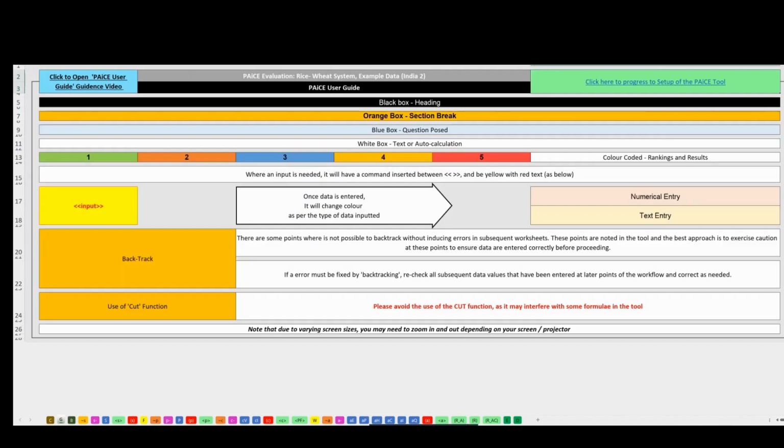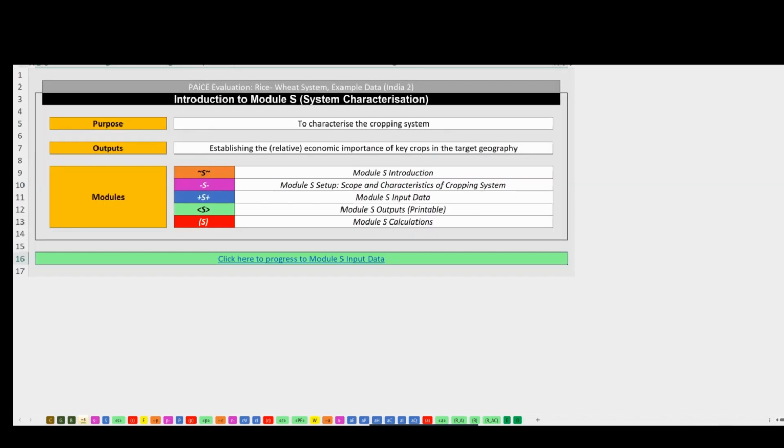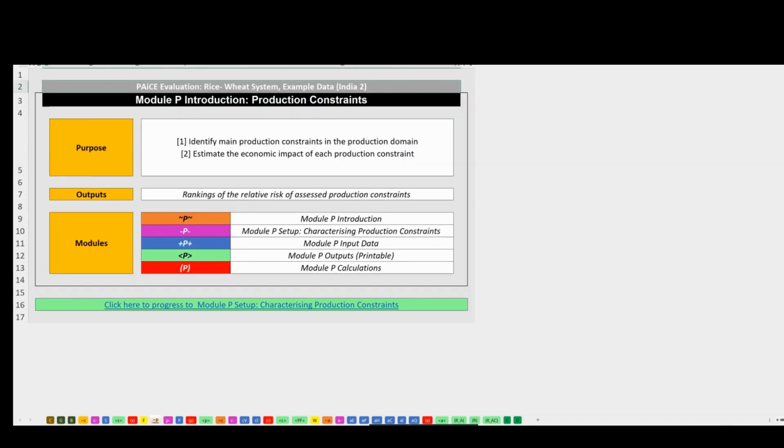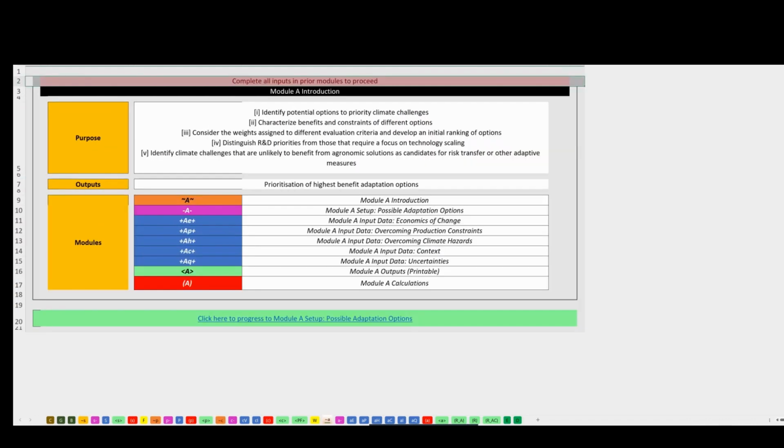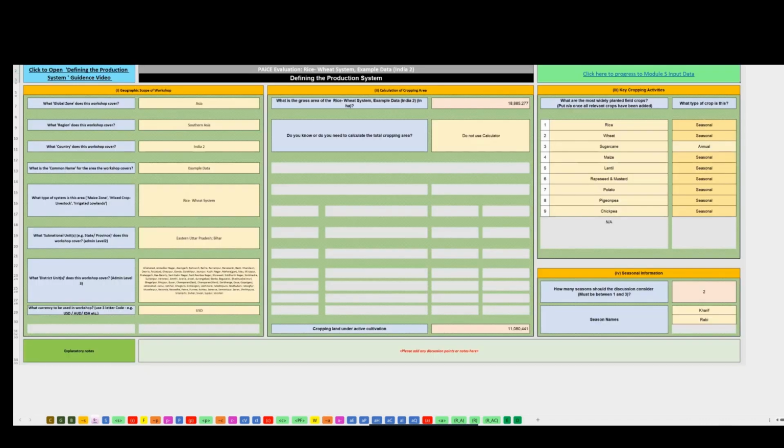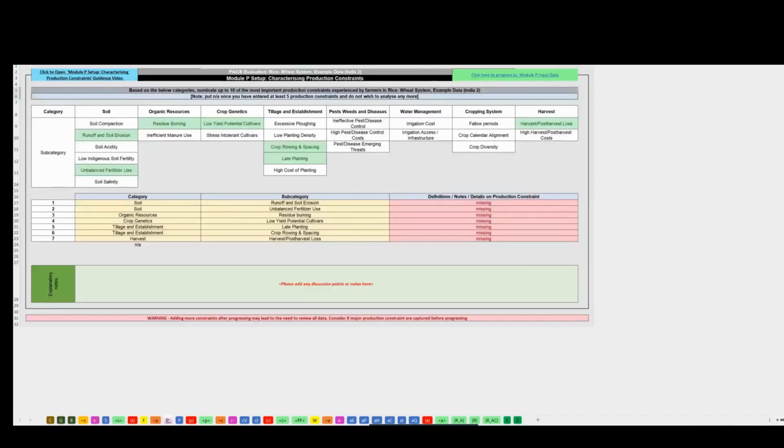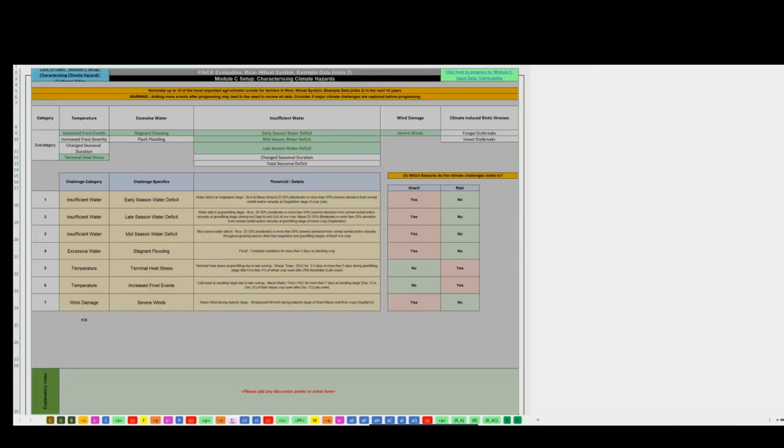The other thing to note is the color codings on the different tabs. You will see that there are common colors used across. The light orange is the introduction page. So each time you see a light orange with a squiggle before the letter, that means that it is the introduction page to the module. Following that, there is the letter and then a minus. So in the case of the S module, S minus, which is where we're defining the production system. Likewise, with the other modules, where the P minus and C minus define the different challenges in a system, and